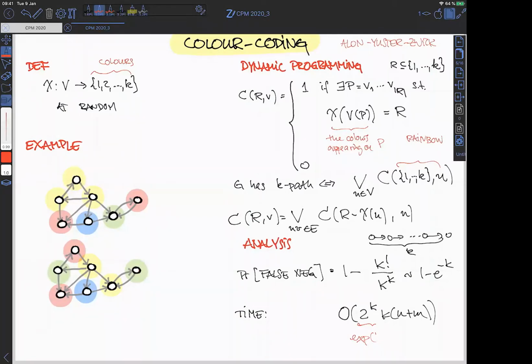I promised you that in order to make this a randomized algorithm, I actually need to repeat this thing e to the k times. So for error probability 1/2, this is our running time, and also, by the way, our space consumption, because no, this is false. Space is only 2 to the k. Okay,